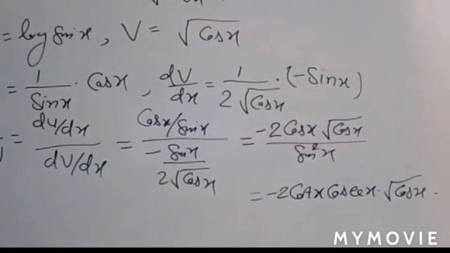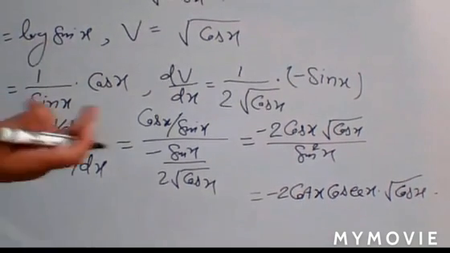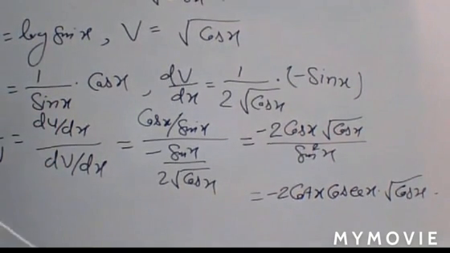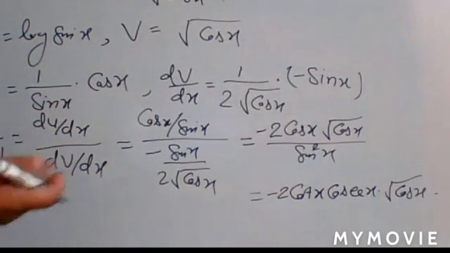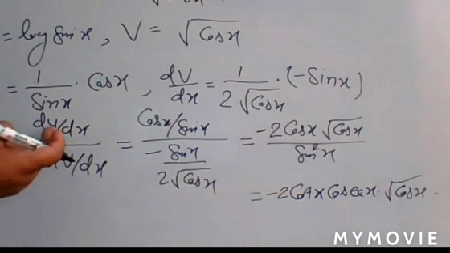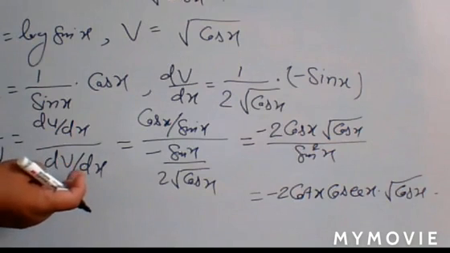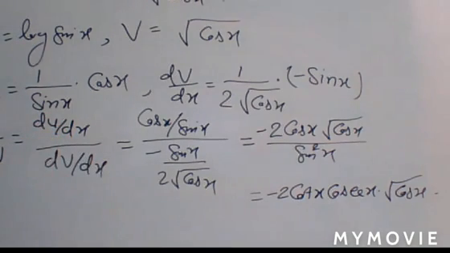So in this question you learned how to find the differentiation of one function with respect to another function. The first function is taken as u and the second function is taken as v. Now you have to differentiate u and v with respect to x, so you get the values of du by dx and dv by dx. The value of du by dv can be written as du by dx upon dv by dx. Putting its value, finally you will have your answer. Okay, note it.